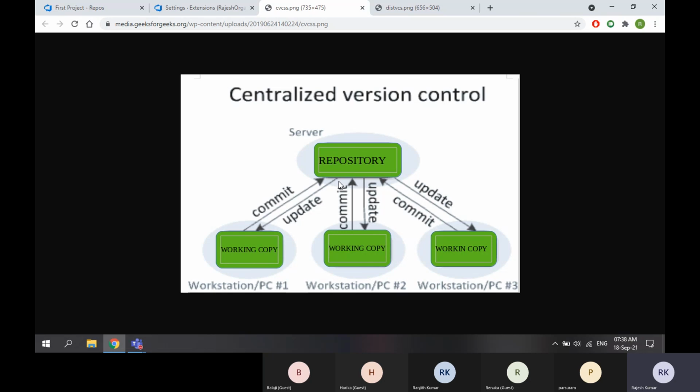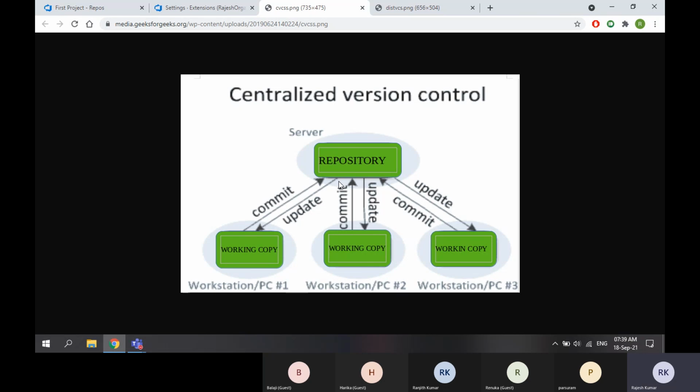If any one of you has worked in an office, there are some files shared with you in SharePoint locations. SharePoint is one of the best examples of centralized repository management. They share something from a SharePoint location, say an Excel sheet or Word file. You go to the SharePoint location, open that Excel sheet, and you may be adding some additional lines or modifying the existing lines.